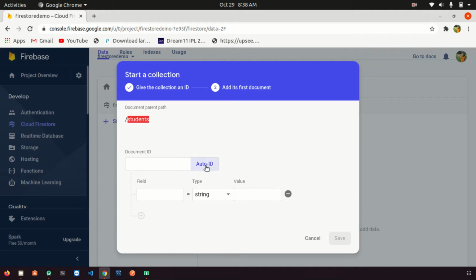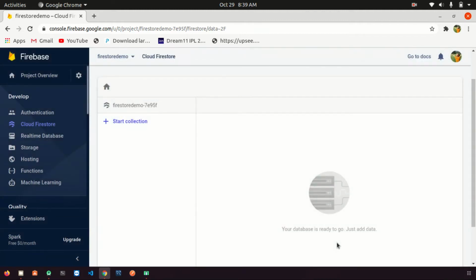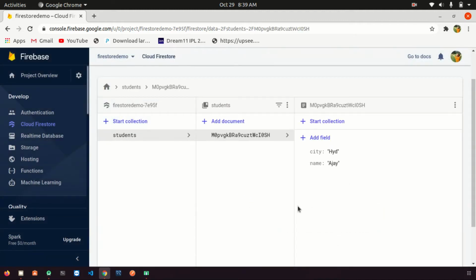You can assign an ID, field name, name. You can take any name. Field name, suppose city, and save. Now we have created one students collection, and in this collection we have one document with these fields, city and name.